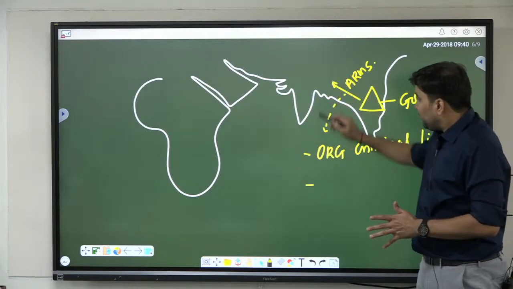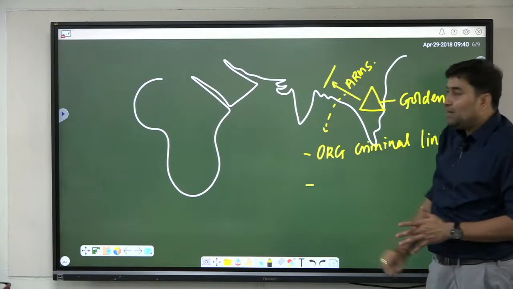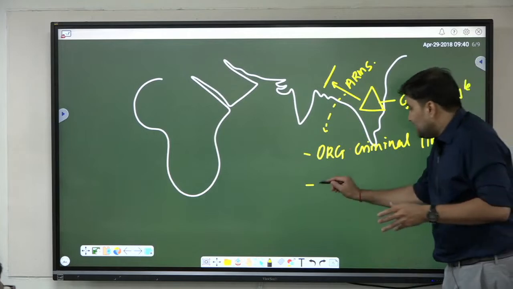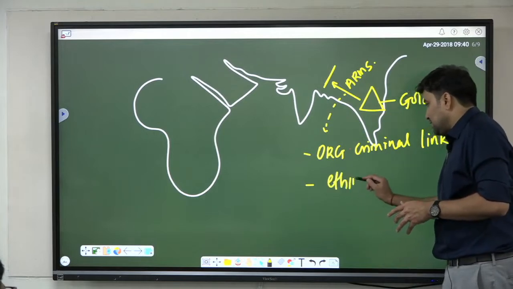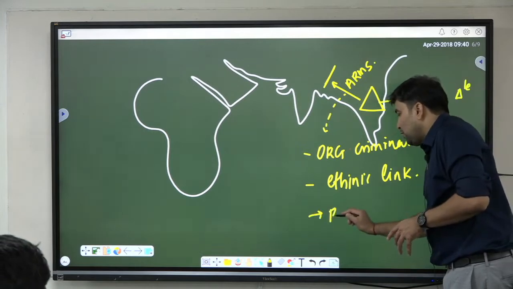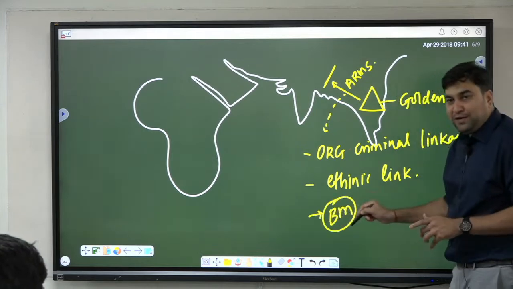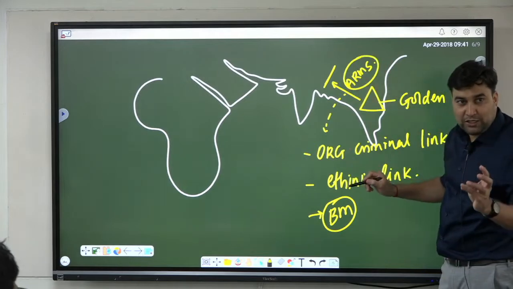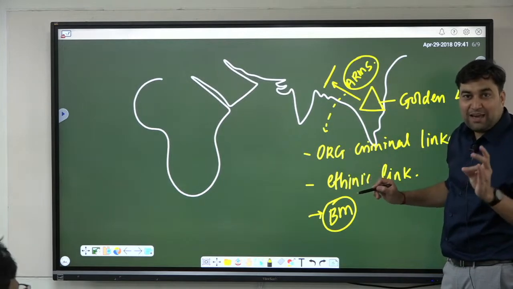Imagine this is the Myanmar and Manipur border. Along this border, there are a lot of ethnic linkages, but there is ineffective border management, and because of it, arms, drugs, prostitution, cattle smuggling, everything easily